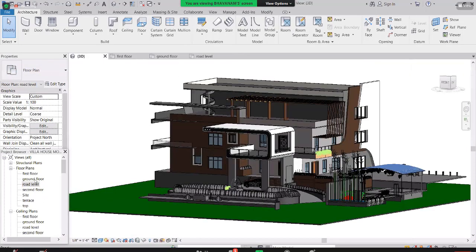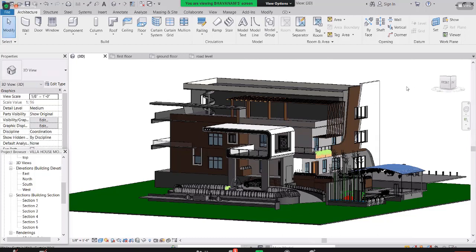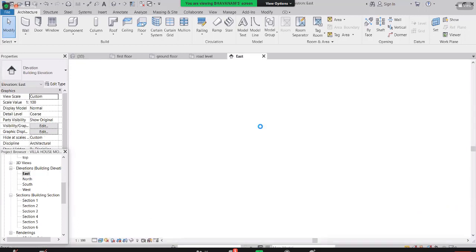Let me show you the 3D, and again see second floor and site and terrace top. If you wanted to see the ceiling plan, you can see this is the project browser. So ceiling plan, first floor, ground floor, like that. And 3D views, if you wanted to make any 3D views, you can make it. See, suppose right now I need to see the side elevation. So in the sense, east side. Once you click on east side, it will automatically show you how beautiful it is elevation wise.